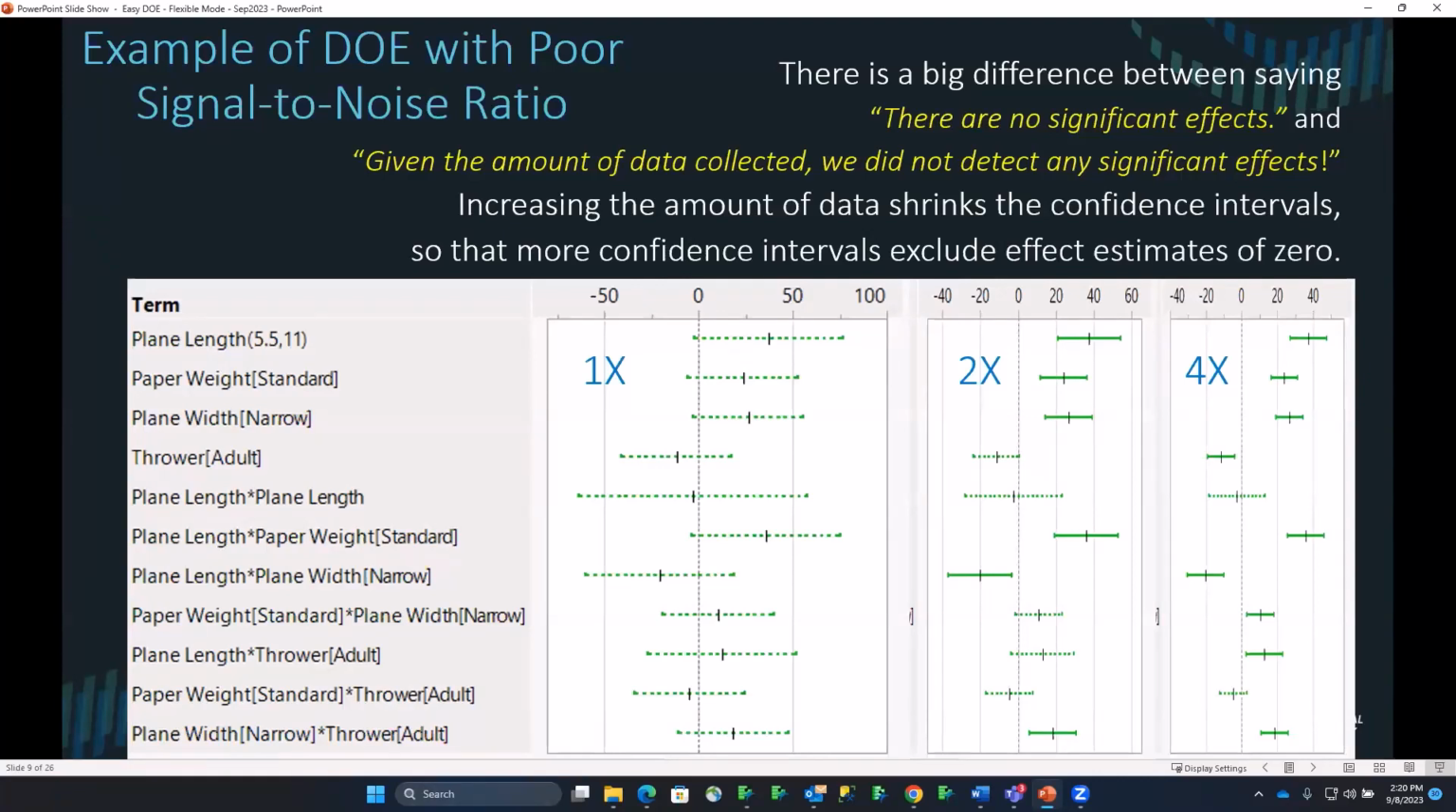And the signals get adjusted by how much we are changing the factors. How big is the difference between wide and narrow? How big is the difference between light paper and heavy paper and the throwers? I want to point out that there's a really big difference between saying there's nothing significant here, let's move on, versus, given the amount of data collected, we did not detect any significant effects. This is just illustrating that if I increase the amount of data, I shrink the confidence intervals. And as a result, we're getting more and more effects significant as I increase the amount of